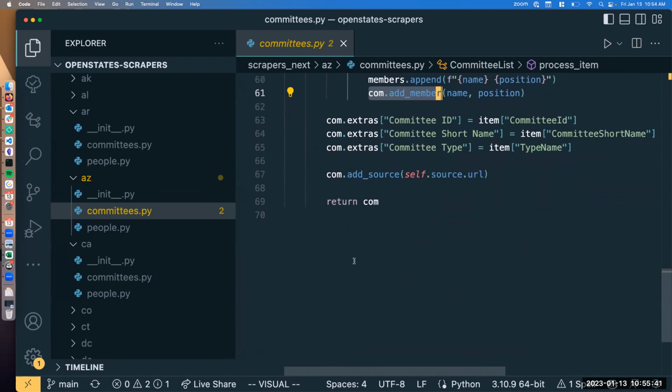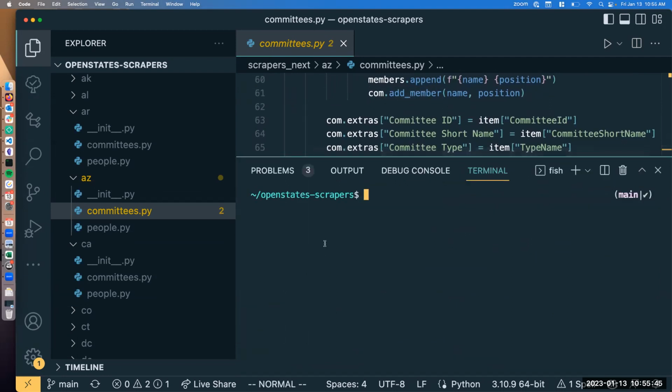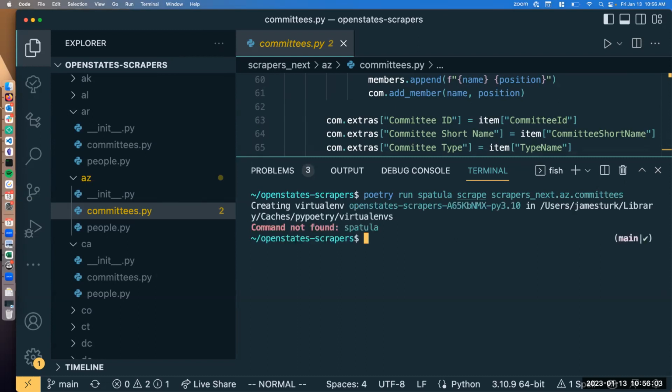Then when we want to run one of these, if you open your terminal, this might be a good starting point if you've never run a scraper at all before. You will run poetry run spatula scrape, and then the path to the scraper that you want to run. In our case, scrapers.nextAZ.committees, and that will